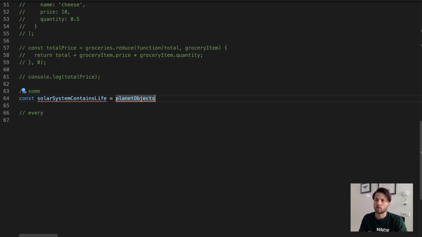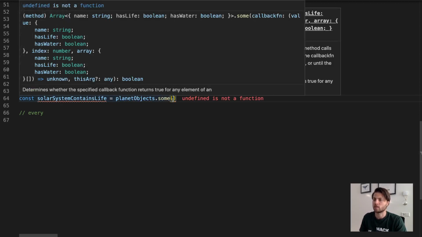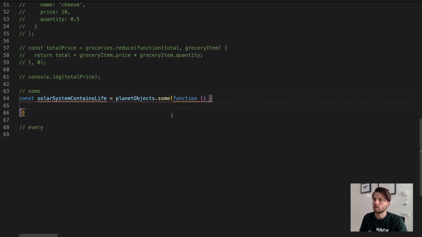You could write a loop and then look at every planet and see if any of them is true, and then you set this to true. But the nice thing about some is that it will stop as soon as it finds some function that matches. So let's say some, that is also called with every item, like I wrote 10 times before. Your callback returns a Boolean value,